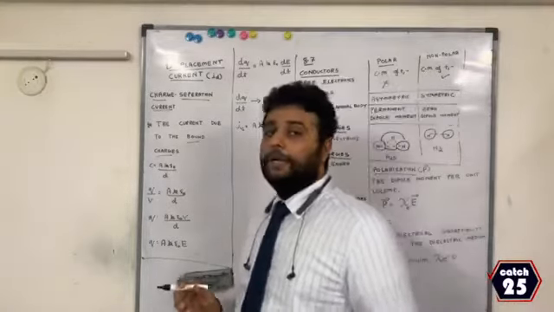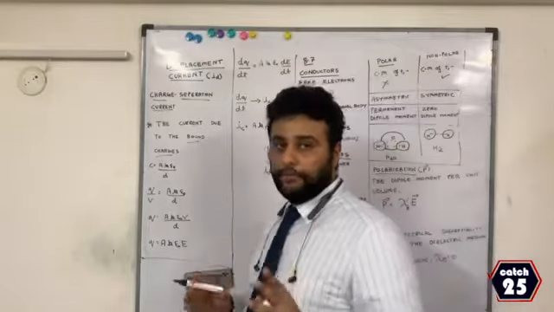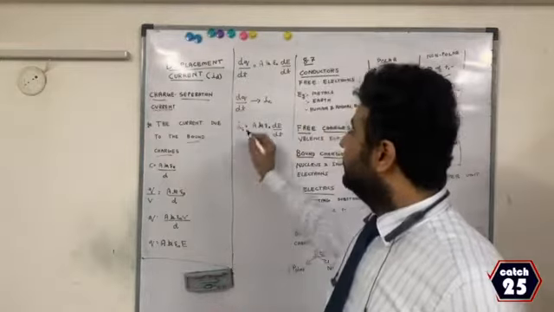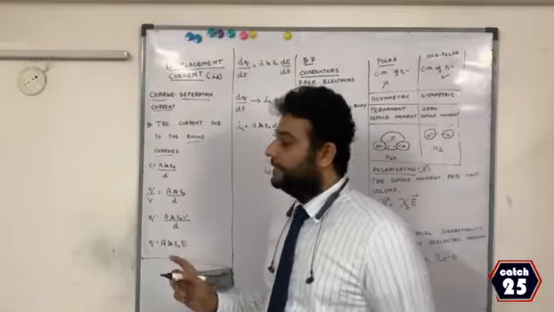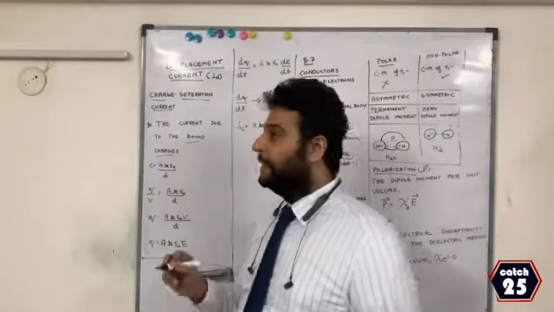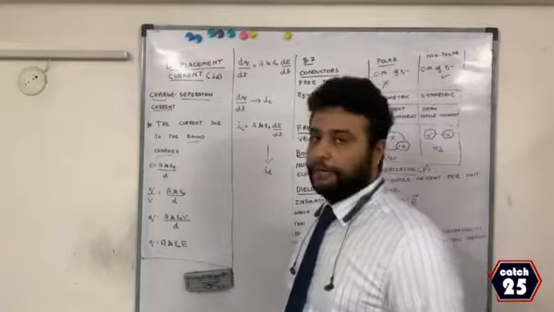Now, they'll ask you what is the expression for displacement current. Remember, there are two types of current in the whole capacitor circuit. One is displacement current and one more is conducting current. Displacement current is ID and conducting current is IC. Now, for the derivation of displacement current, please look at the board.